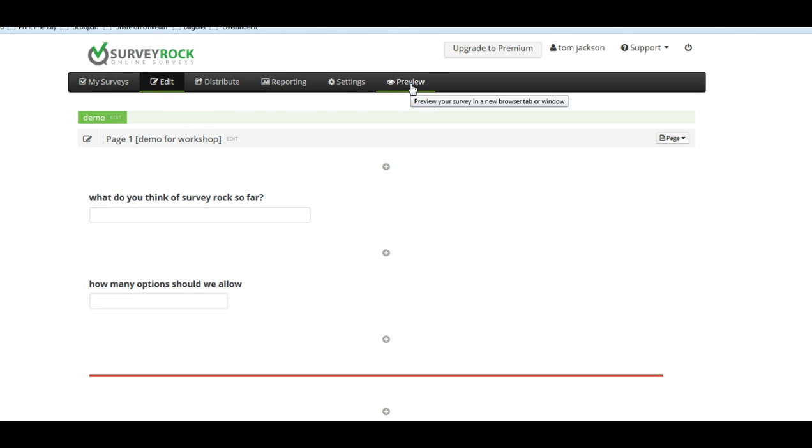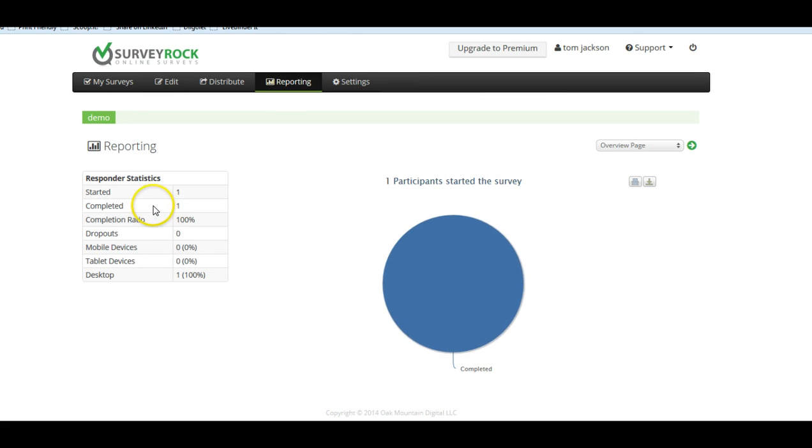By the way, I could have previewed this if I had chosen to, but let's take a quick look at the reporting options. What it tells me is that it has been started. One person has completed it. Completion ratio is 100% and so on. You can look at this. One participant started the survey. If I want to, I may print this or download it, but I can also click on the